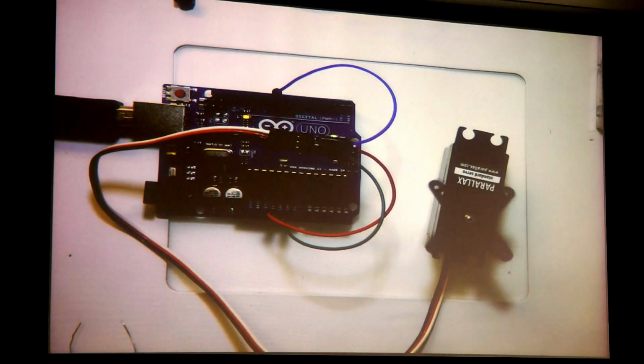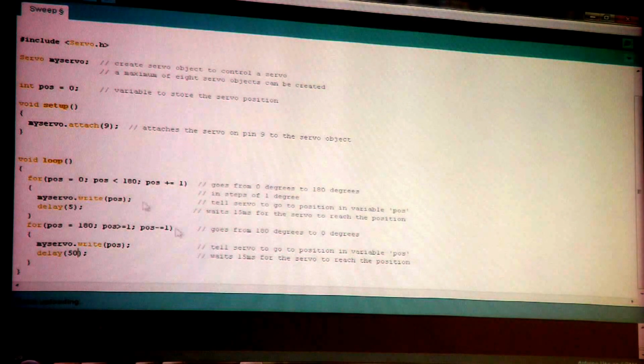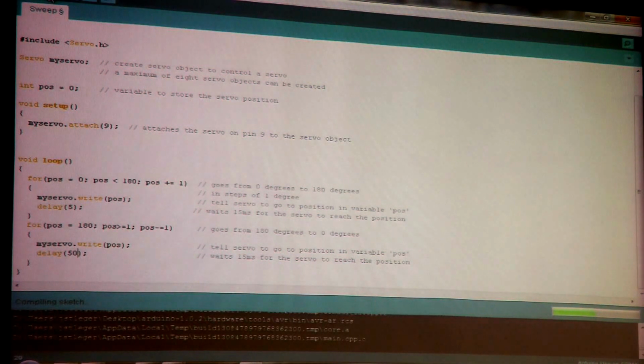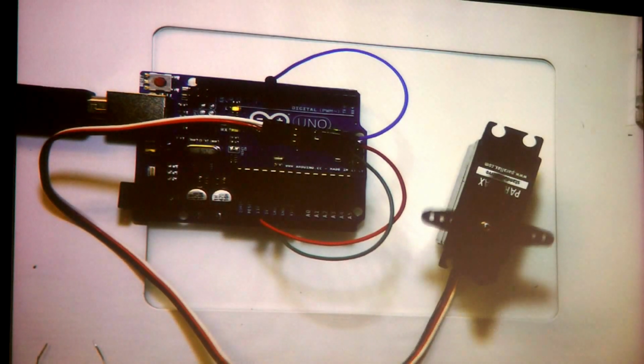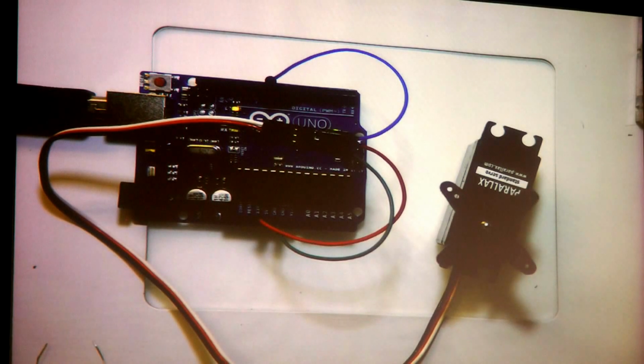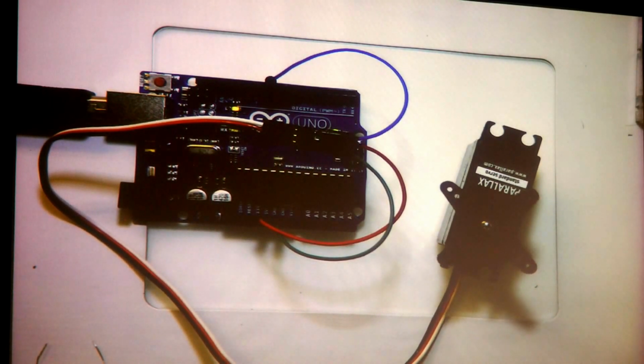So what we'll do is in our computer, we'll change the delay from 15 milliseconds to let's do 5, and let's change the other one for when it goes back. Let's make that 50. So what'll happen is we'll upload it, and if we look, we'll see the servo. It will act so now it will go slowly one way, and it'll go quickly the other. So when it goes the other way,